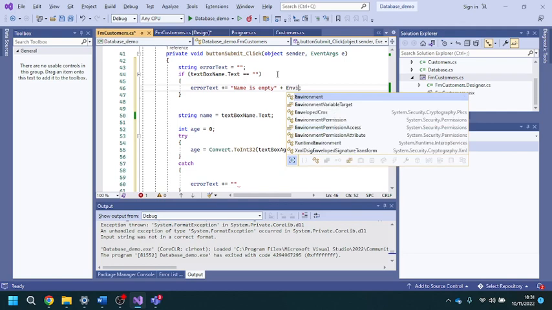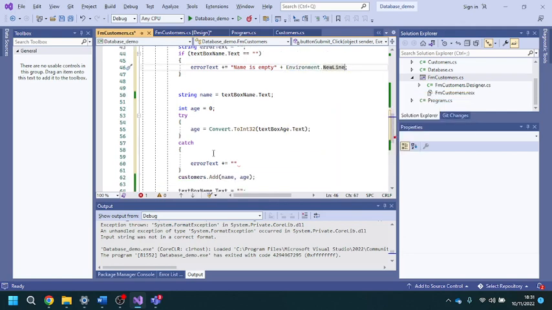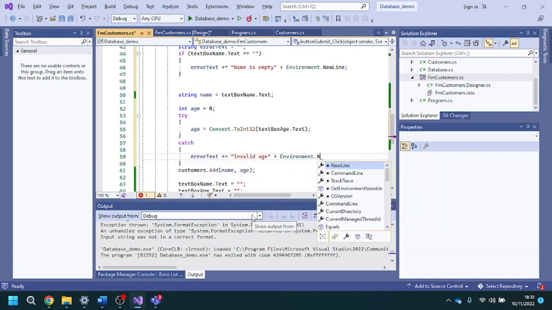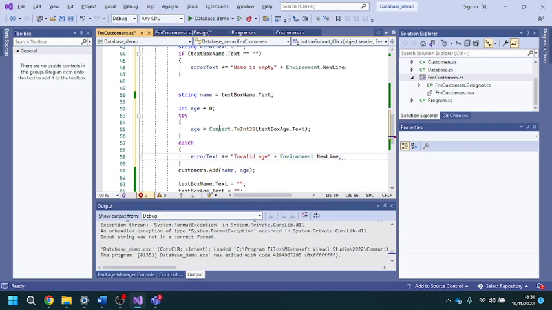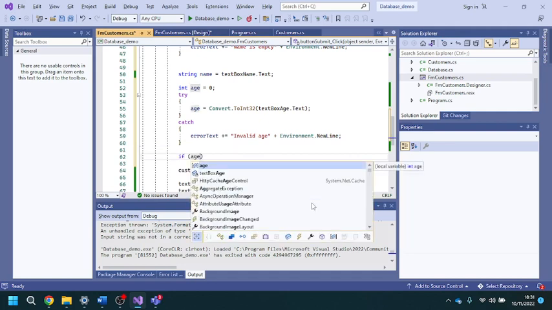Plus environment.newline. There we go. Let's do that. Right, so now the error text is going to say invalid age plus environment.newline. Okay. Right, now then, I'm also going to say if age